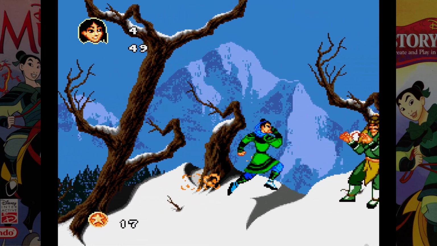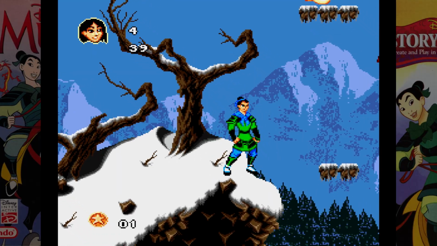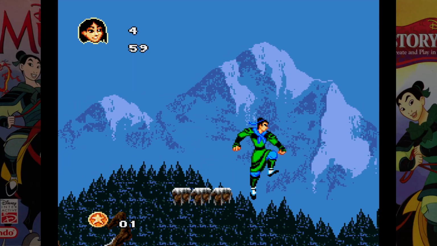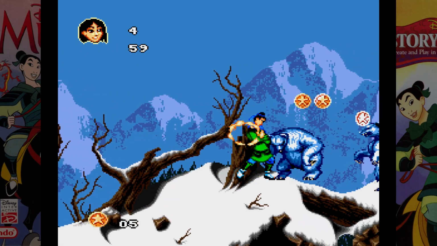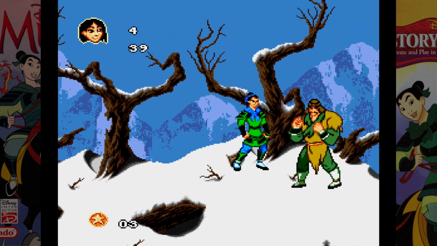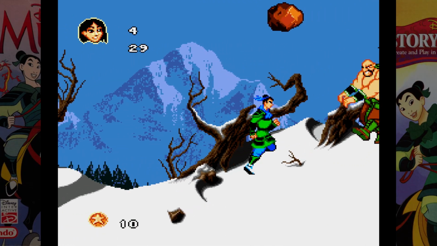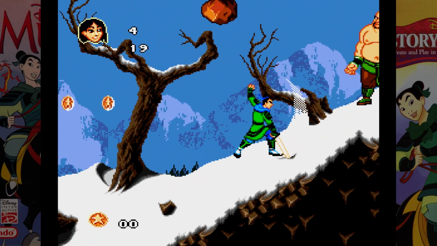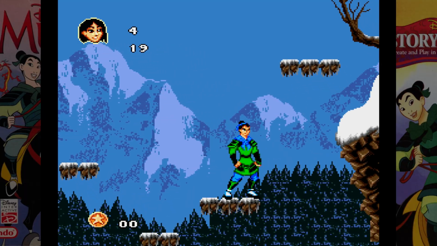And yetis, if you believe the stories, in the sort of Tibetan adjacent areas. You don't remember bears from the movie? Captain, for shame. That means you haven't seen Mulan 2. Because in Mulan 2, the antagonist of the film is Mushu. Mushu's plot in the sequel is that he wants to break up Mulan and Li Shang because there's this whole